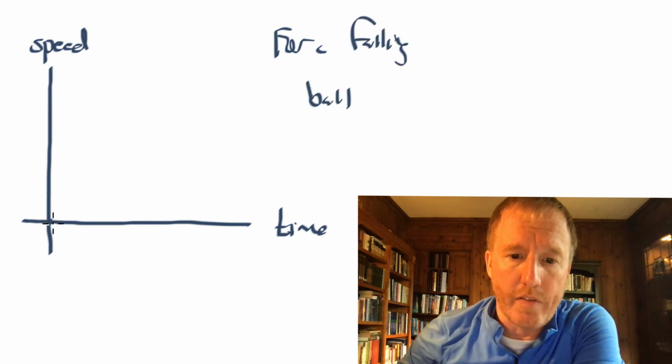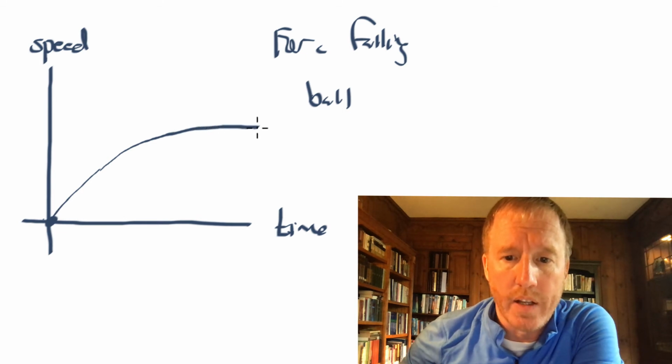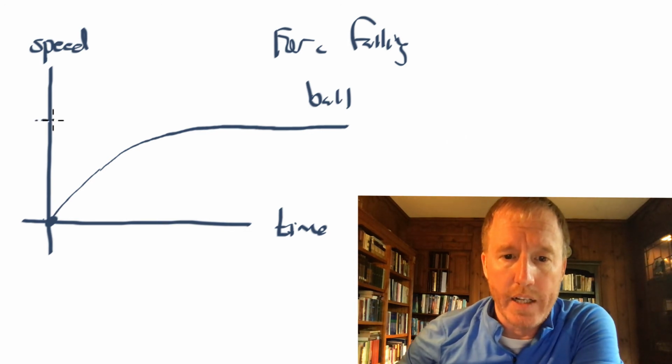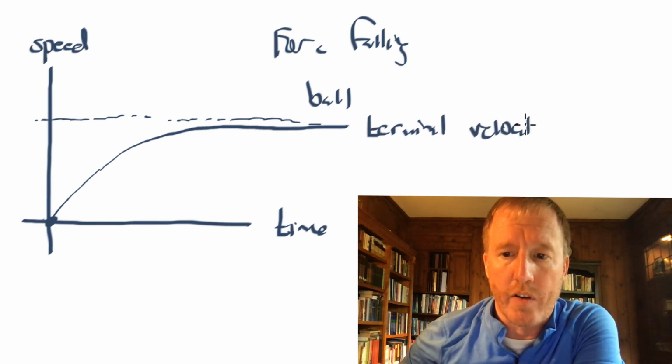Well, what happens is at first the speed starts increasing more and more. But as it gets faster and faster, there's a drag force that acts between the ball and the air, and that checks the rate of increase of speed. In fact, at some point the speed becomes constant when the drag force is exactly balanced by the force of gravity. It is at that point that the ball is said to have achieved terminal velocity, the final velocity that a falling object will acquire.